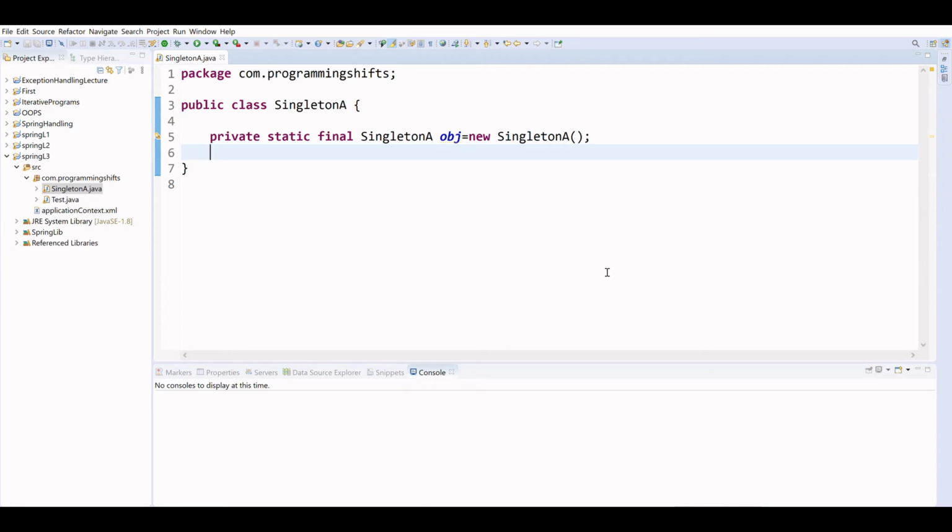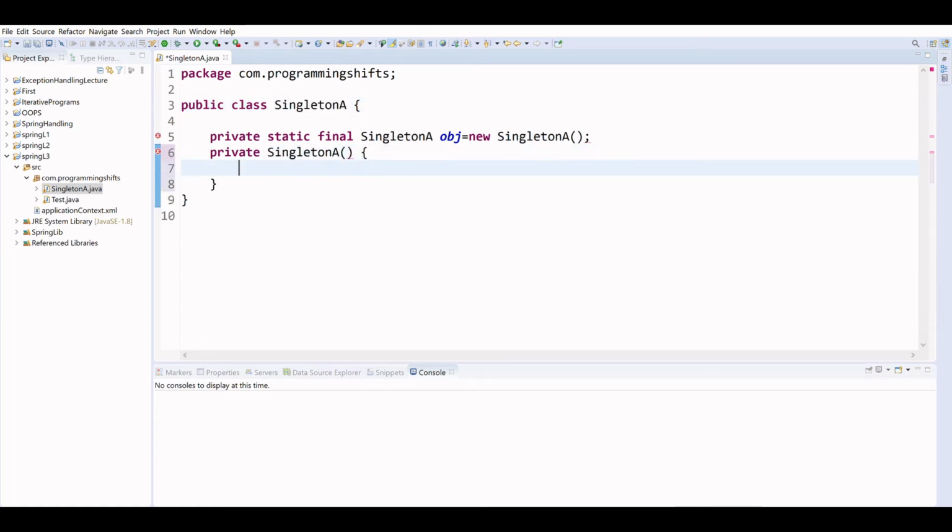Something is a problem with Eclipse. Let me create it directly here, private. You can try with Eclipse only, otherwise you can write it, because, oh, I got it, we do not have any attribute and I was selecting that. Okay, so we have created a private constructor.